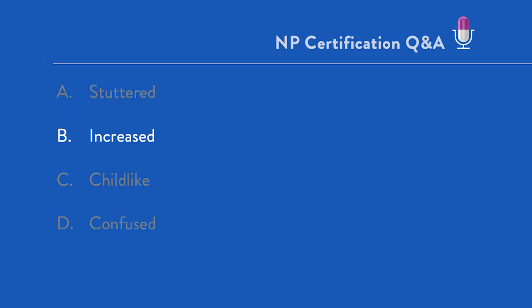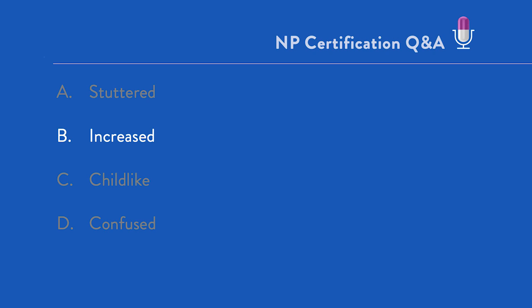Now, it might not be what you would look for. I would look for pressured. When I read a question like this, I would be looking for pressured or rapid to be in the answer choices, but it's not there. So I have to pick from amongst the best of those provided.